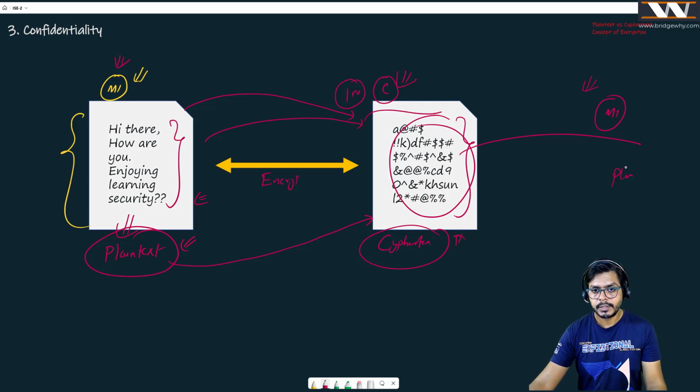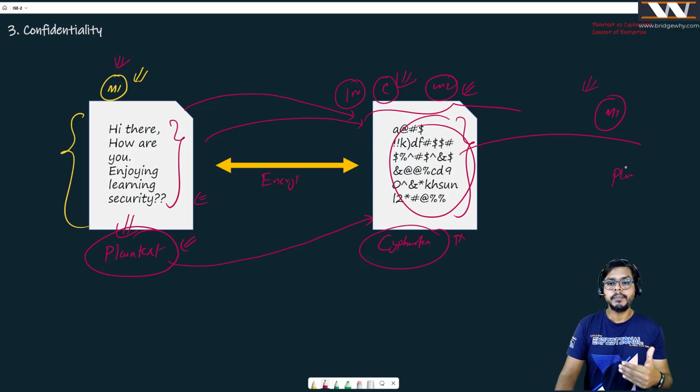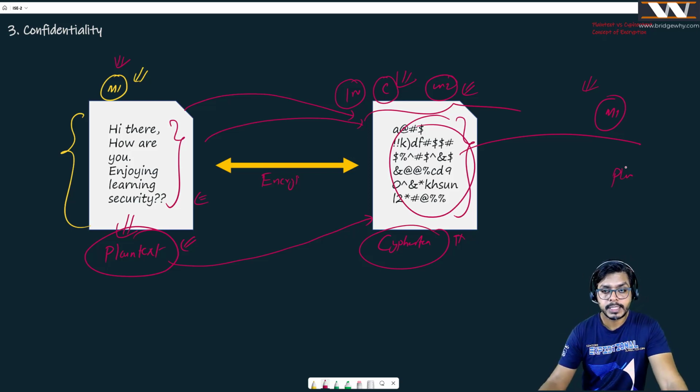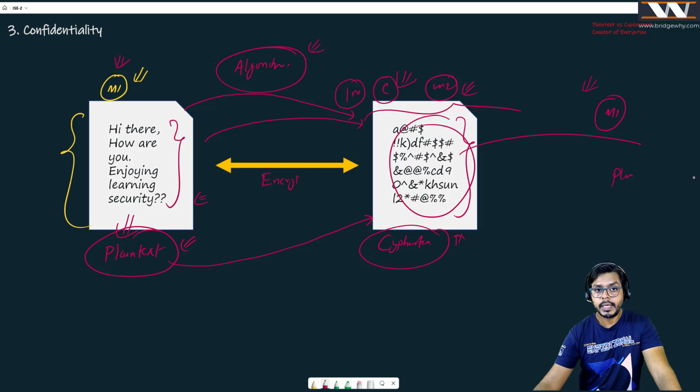right? So the message number 2, which you can see right here, is my encrypted message. And the process or the rules which I use, or the step-by-step approach which I use for converting this message from plain text to ciphertext, is known as the algorithm. Interesting. And by the way, this machine, whose name was Enigma in the Second World War, was kind of an algorithm,